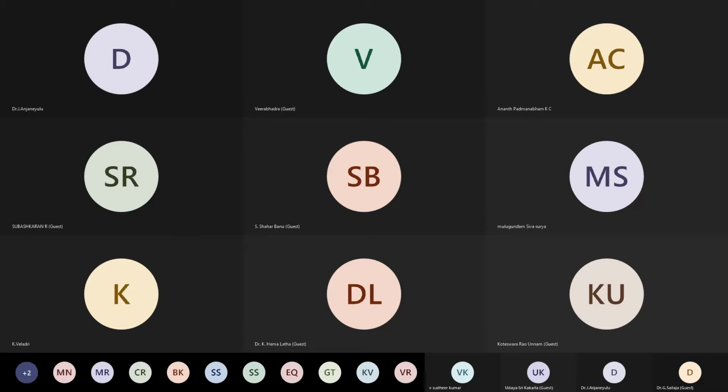Welcome you all to this fourth day of the FDP. Today, we have with us Dr. Veerabhadra Reddy garu. He's a scientist F at RCI Hyderabad. And to know about Dr. Veerabhadra Reddy garu,